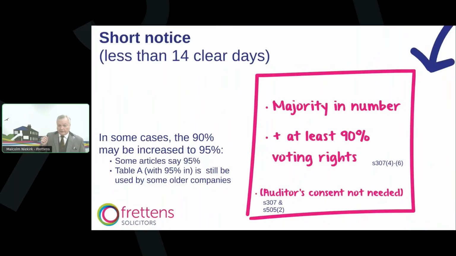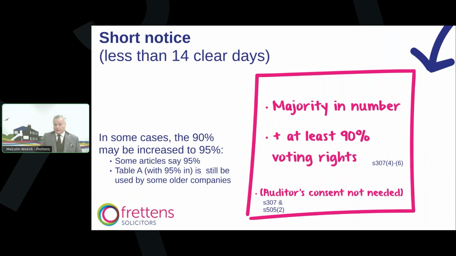Although I've said that you need to give 14 days notice to the members, it is really useful that the members can consent to passing a resolution at a meeting that is held on short notice. And the short notice can be as short as you can possibly make it. So it can be, here's notice of an EGM, it's going to be held by Teams, here is the link, please log on immediately. And if the shareholders do that and agree to short notice, then you've got a validly constituted EGM, as long as everything else has been done properly.